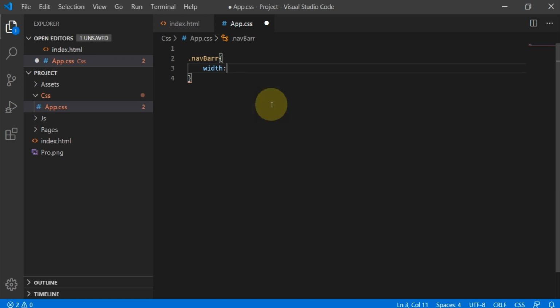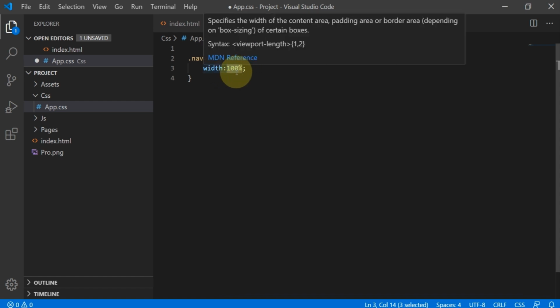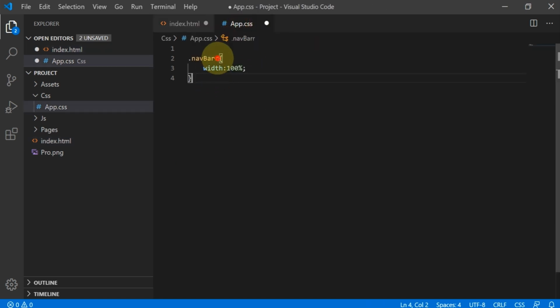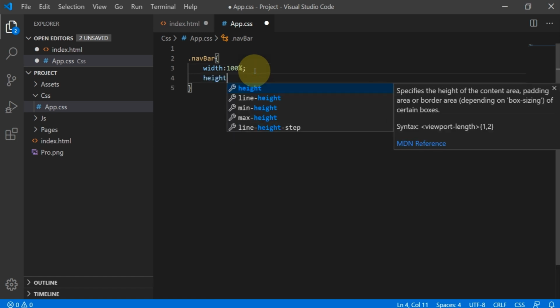Width: this is the navbar width, and it should be 100%, because if you give 100% width it will automatically fit all devices. If you give a fixed width, it will fit only that device width. Now for height, we can give a fixed height.